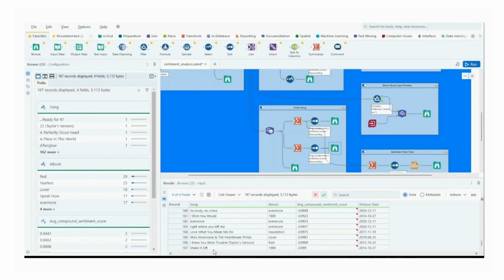Surprisingly, the sentiment analysis classified it with a score of -0.999, indicating the most negative sentiment. This may seem puzzling, as the song is known for its upbeat and poppy composition, encouraging listeners to shake off negativity. However, when we examine the lyrics, we notice that Taylor sings about facing criticism and hate from others, responding